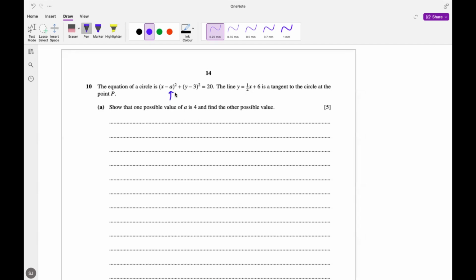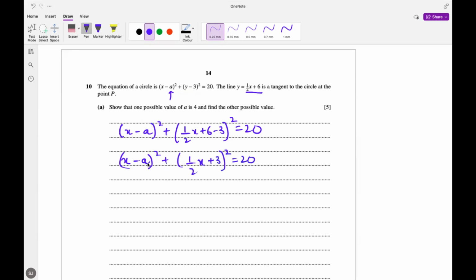And as we have an unknown constant and it will be a quadratic equation, we'll be using b squared minus 4ac equals 0, as there is only one point of intersection. Now solving the two equations simultaneously, we'll get (x minus a) whole squared, and in place of y, we'll substitute half x plus 6. So this will become (half x plus 6 minus 3) whole squared equals 20. So this will be (x minus a) whole squared plus (half x plus 3) whole squared